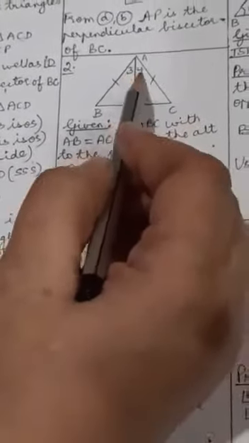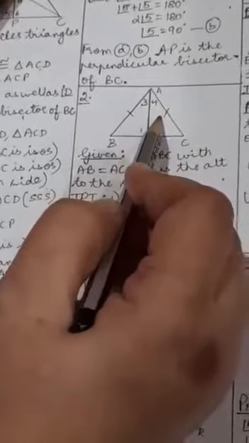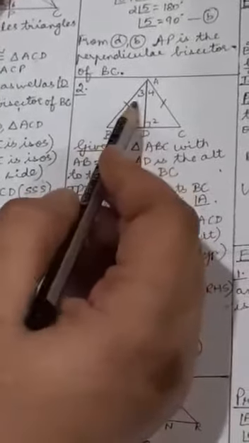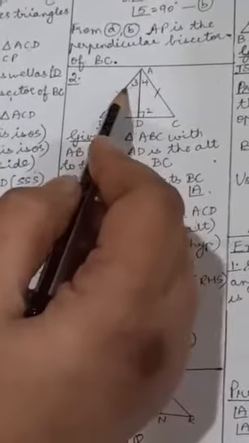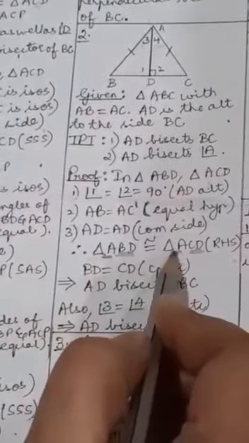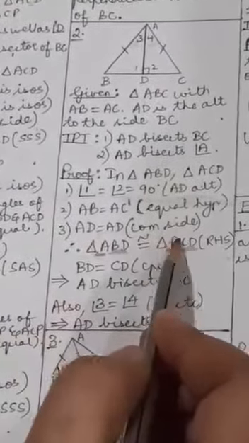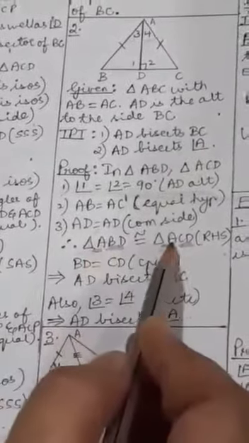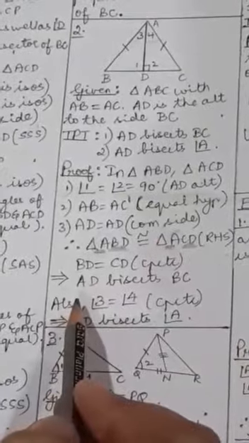And how do you show that angle 3 is equal to angle 4? Angle 3 is angle A in the first triangle. Angle 4 is also angle A in the second triangle. But they are different parts of A. It's not the same angle. Angle 3 is BAD, this angle. And angle 4 is this angle, CAD. So see here, A of the first triangle is equal to A of the second triangle. See the positions. A is in the first position here, A is in the first position here. So this angle A is equal to this angle A.